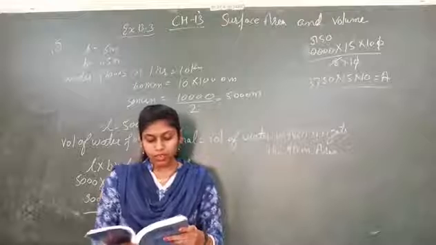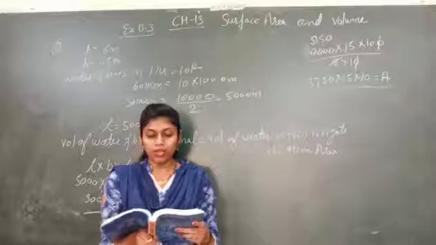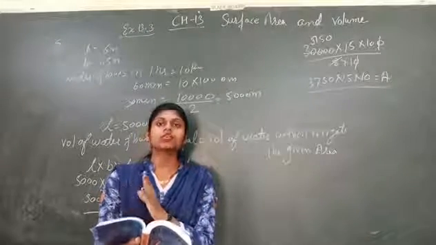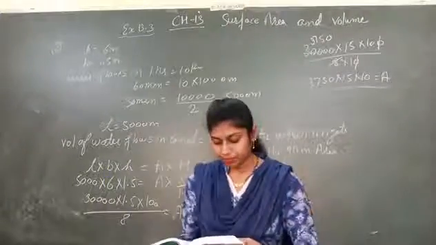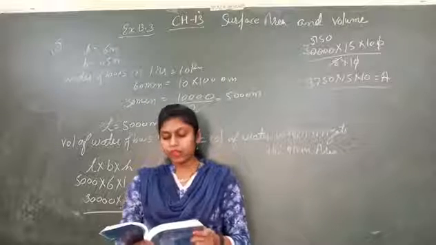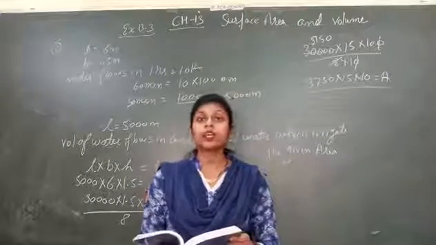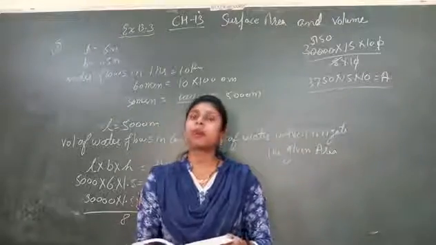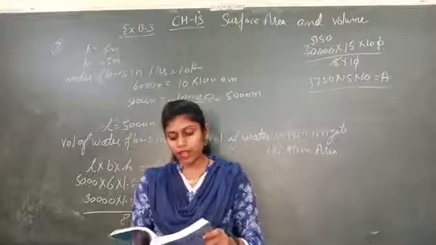A farmer connects a pipe of internal diameter 20 cm from a canal into a cylindrical tank. Now one side there is a canal which is of cuboidal shape and the other side there is a cylindrical tank which is 10 meter in diameter and 2 meter deep. If the water flows through the pipe at the rate of 3 km per hour. Sorry, there is a pipe, not a canal. Pipe is also in the shape of a cylinder. In how much time will the tank be filled?